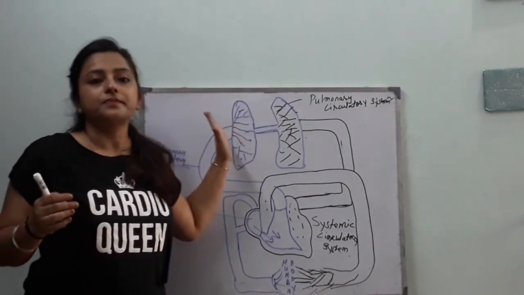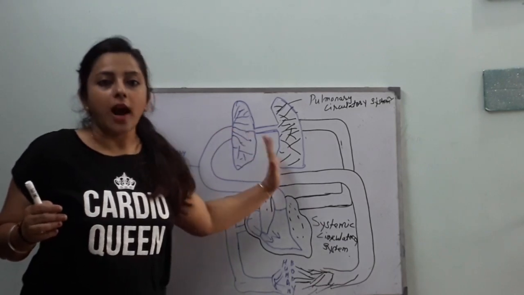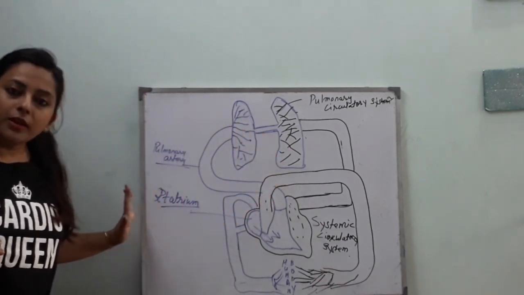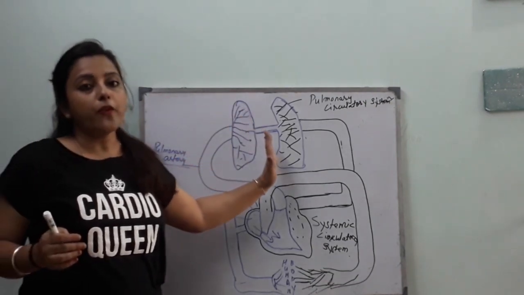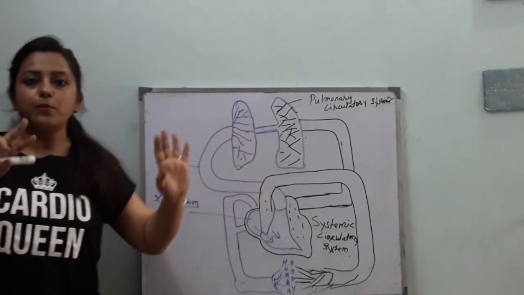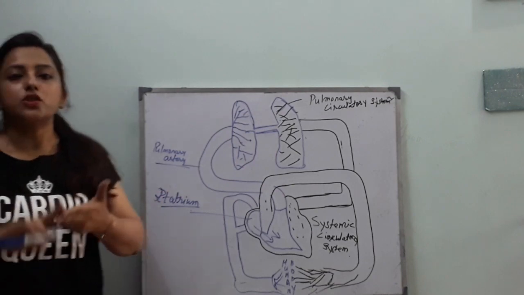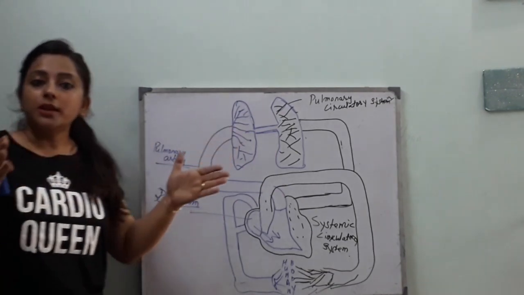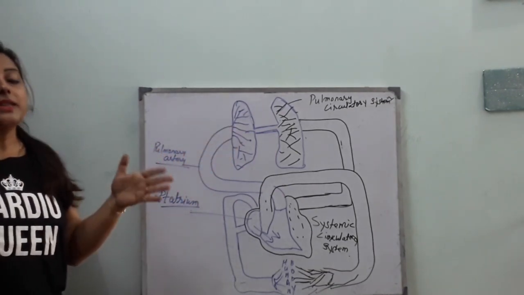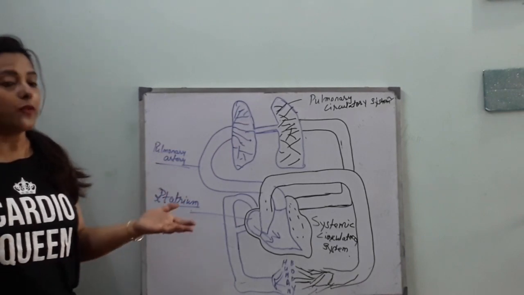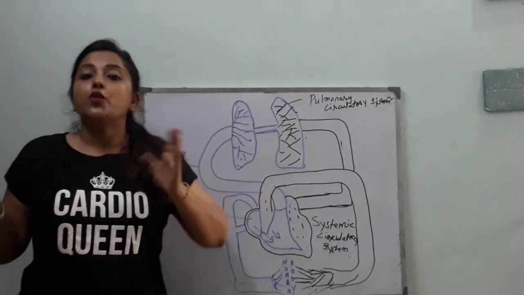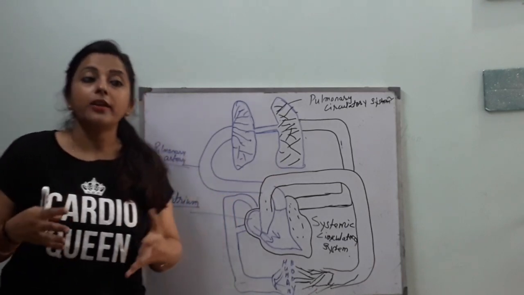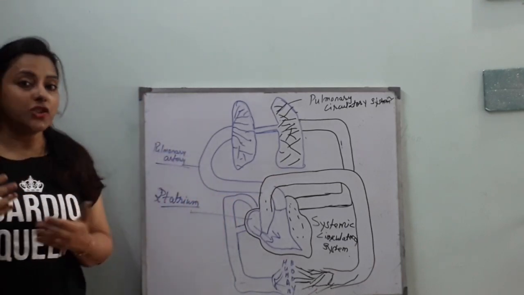Now, this deoxygenated blood is pumped out through the pulmonary artery, and it brings the blood into the lobes of the lung. The right pulmonary artery brings blood to the right lobe of our lungs. We have two pulmonary arteries, and we also have two pulmonary veins. Both the respective veins and arteries carry blood to and from their respective lobes of our lungs. So now the pulmonary artery throws blood into our lungs, where gaseous exchange takes place.